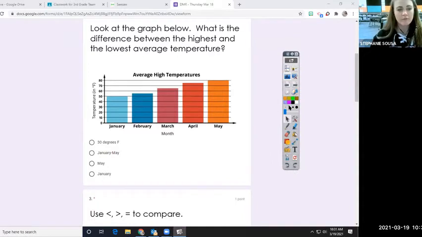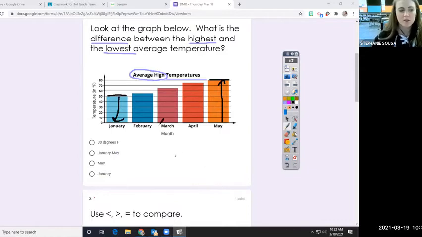All right, look at the graph below. What is the difference between the highest and lowest average temperatures? When I look at the title of my graph, it is about average temperatures. So I know I'm looking for the highest, and because I know how to read graphs, I know that is going to be the tallest. And I'm looking for the lowest, and because I know how to read graphs, I know that's going to be the shortest, okay? So now I'm going to take a look at the highest temperature, and that's over here at the 80 line. So 80 degrees,